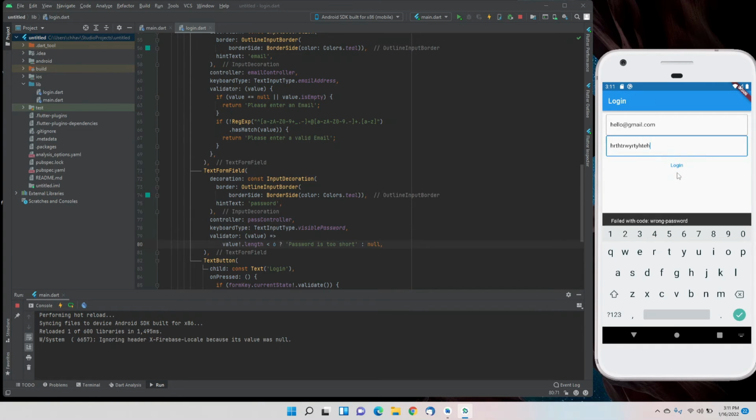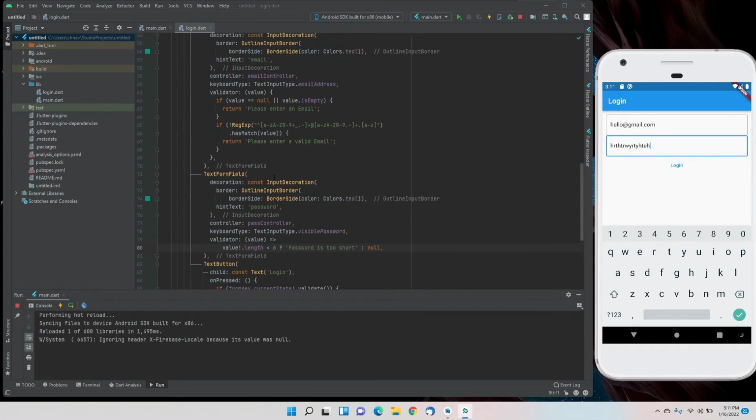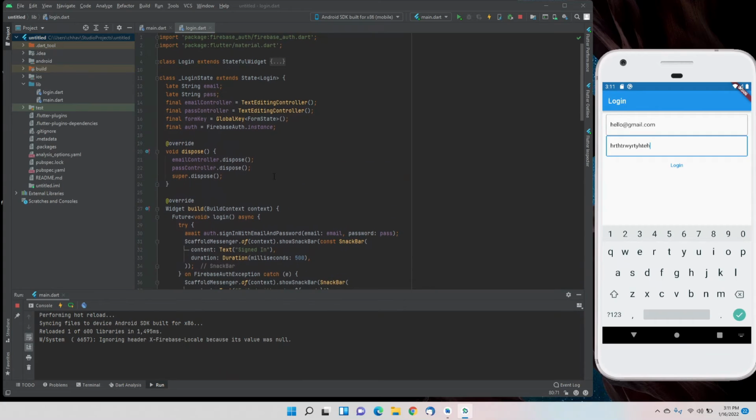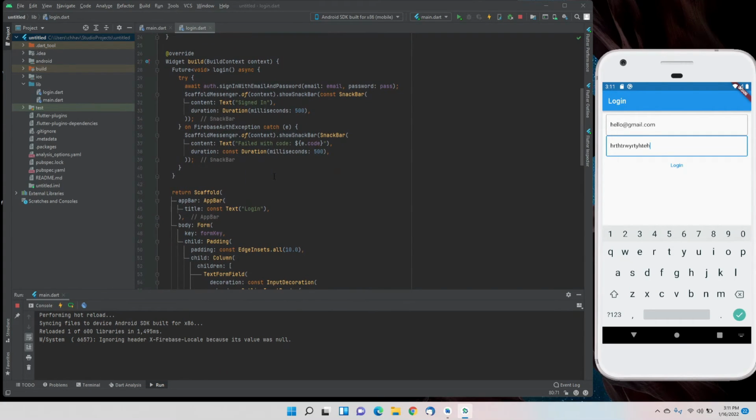Password is too short, which means it's less than 6 characters. So here we can see that the validation is done, and similarly you can add many more validations. Basically the concept is this only. I hope all the doubts were clear, and the validation process is easy, not that difficult.